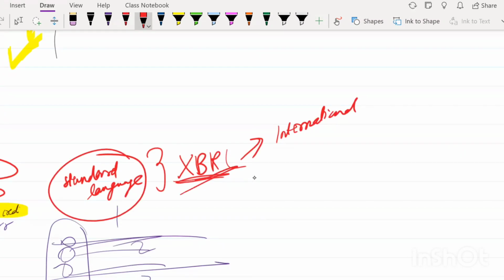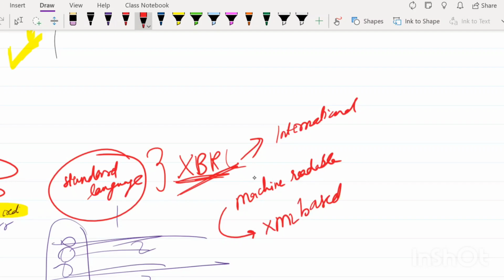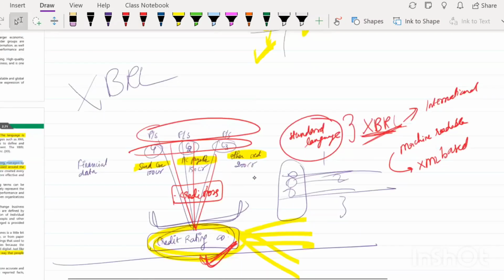Okay, this XBRL language is usually machine readable, because with hundreds of data, humans are not going to sit and study or compare. Correct. So this language is machine readable, and this is XML based. Okay, this is an XML based language. Yes. So here what will happen is that